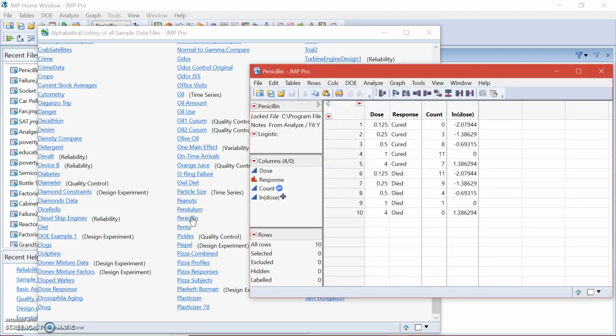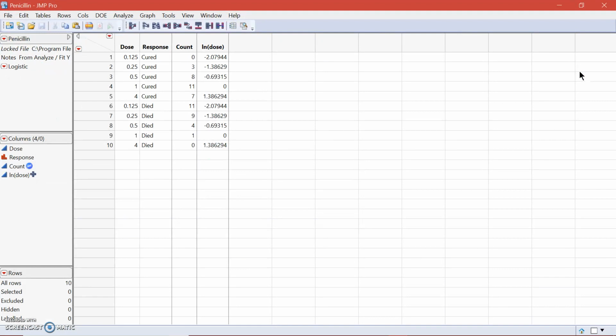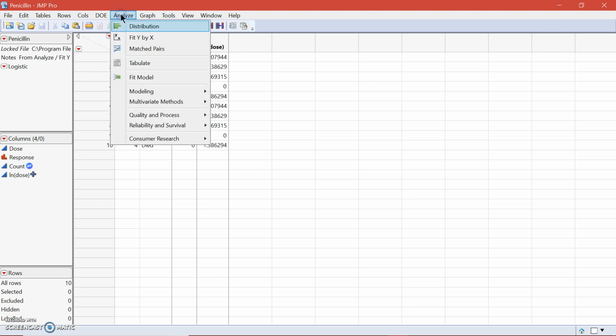We'll go ahead and open that up. So we notice our 4 columns and our 10 data points. Now, we see that the logistic regression has already been made, but we are going to once again go through the whole process. So we go to Analyze, Fit Y by X,